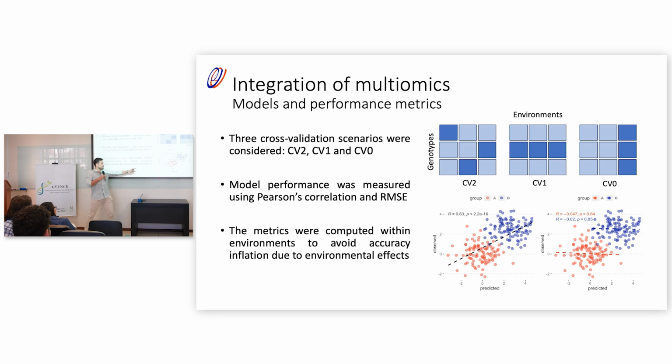I have seen this many times: correlations that are computed across environments without taking into account that there is a third variable, in this case the environment, which is inflating our accuracy. So basically a model that does this is useless. We don't have any information about what's going on inside a specific environment. We are just good at predicting the average value of each environment, but that's not really useful.